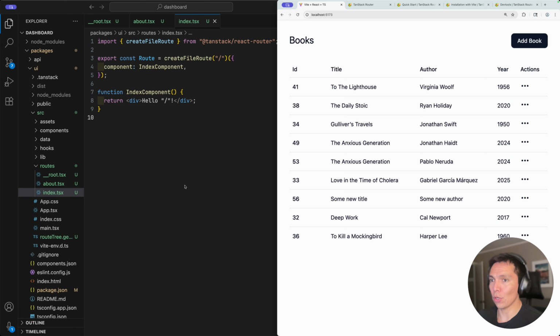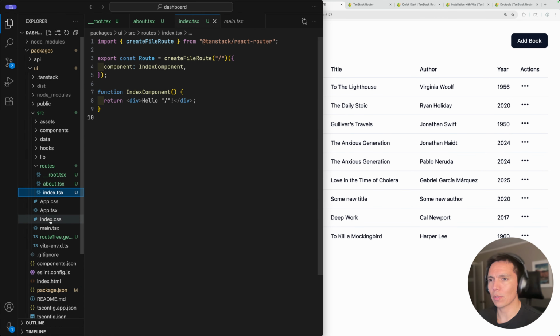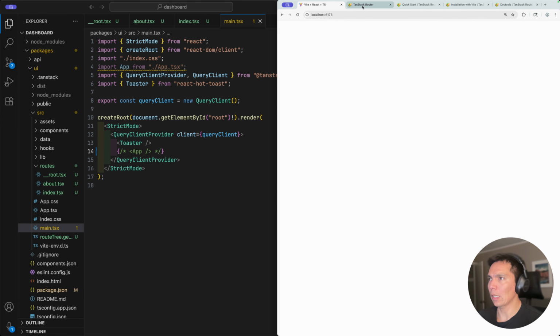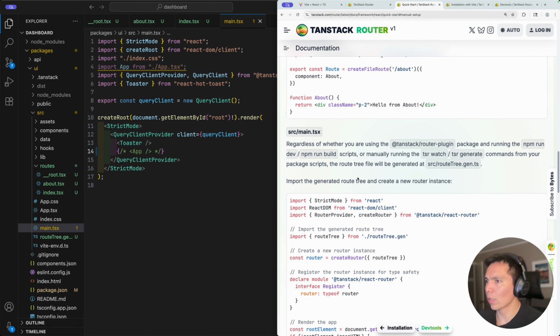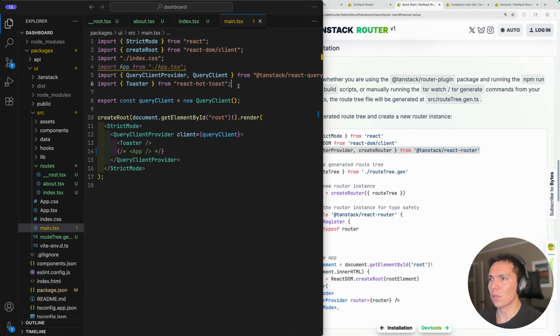So far, we are not using the routes. Now we're going to modify things here, and we're not going to render our app component anymore. We are going to render routes, and then from the index route is where we're going to move all the contents of the app.tsx. So let's comment this out and let's look at the documentation and bring these imports, then